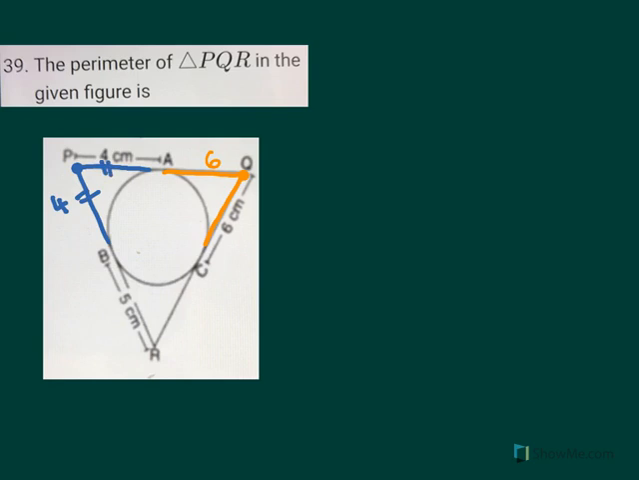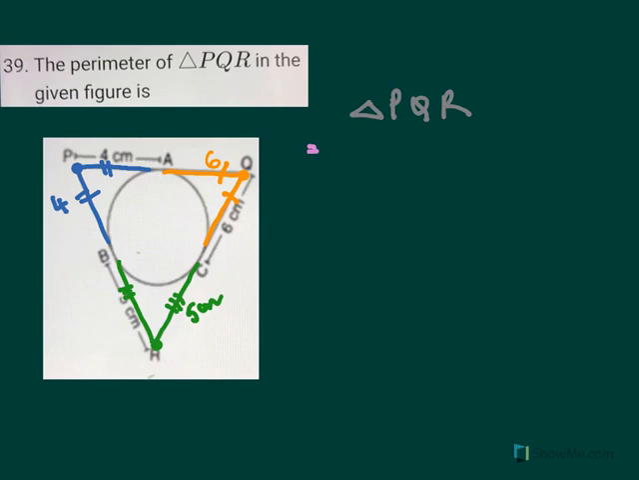And we have a last external point here, R, and in this case, if this is 5 centimeters, tangents drawn from an external point are equal. This also will be 5 centimeters. See, this is equal to this. These tangents from an external point are equal. So when we take up triangle PQR,